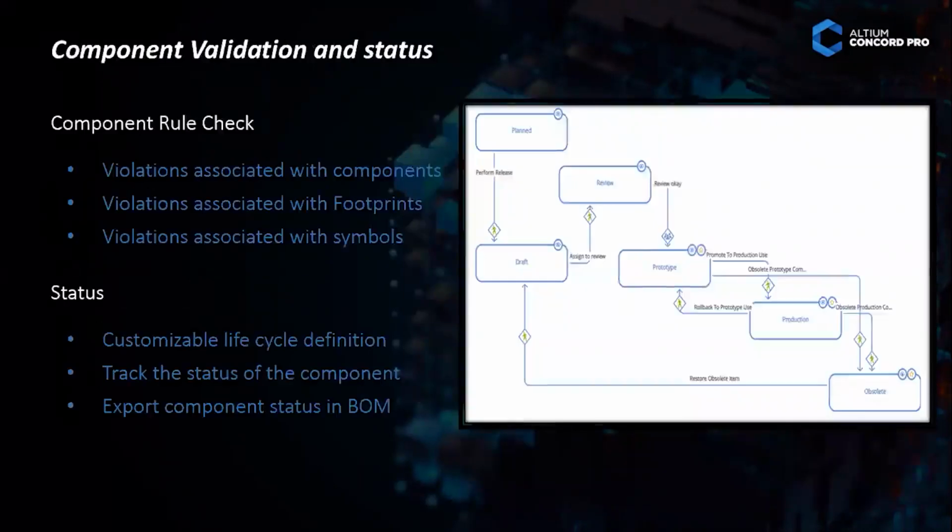So once I have created the component, how to verify the component, so that I can release the component confidently. In Altium, means Concord Pro, we have some violation checks associated with footprint, component, and symbols. I'll show you what they are, like pin number mismatching, pin name is missing. So pin number and pin number is not matching. So there are some checkpoints. We can use that.